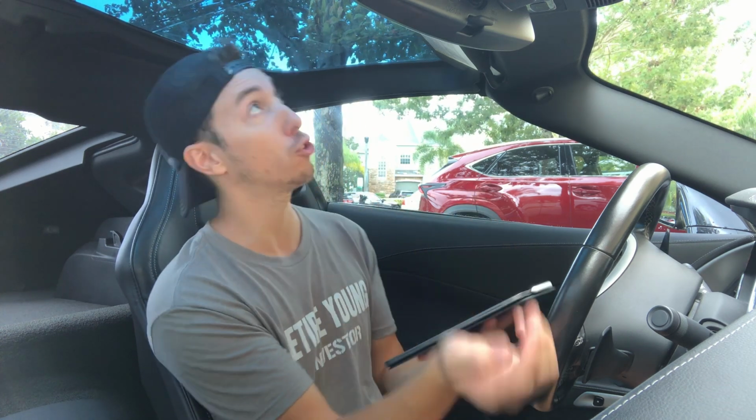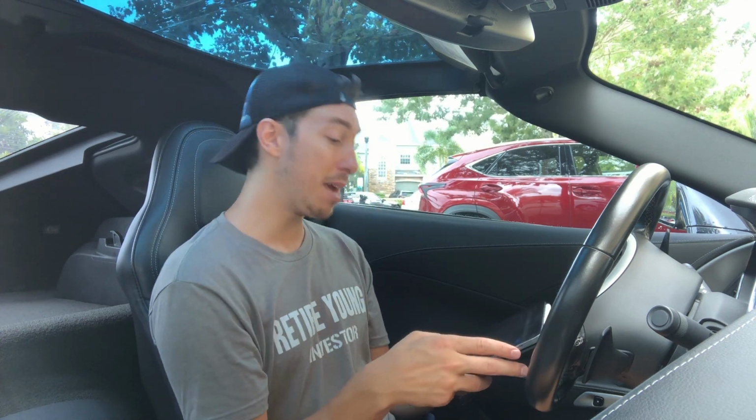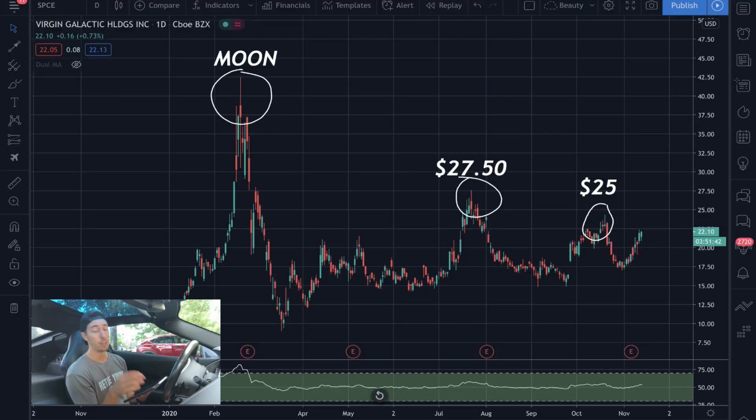So we know Virgin Galactic already has its eyes on the moon, because it's going to the moon. It's a rocket, a space company of the future. When's it going to get there? Maybe the stock will get there the same time the rocket does, or the airplane. Okay, so now looking at the technicals of Virgin Galactic and when this thing is going to moon,